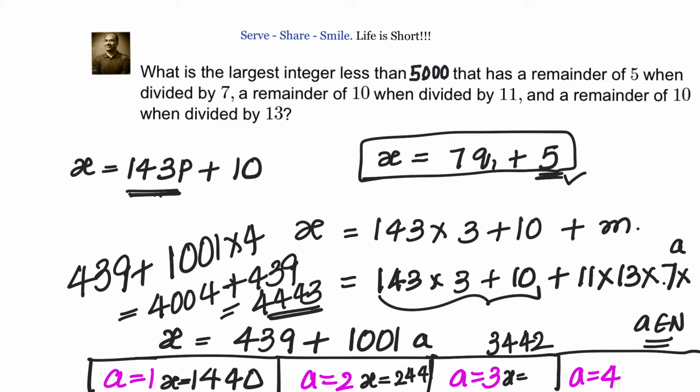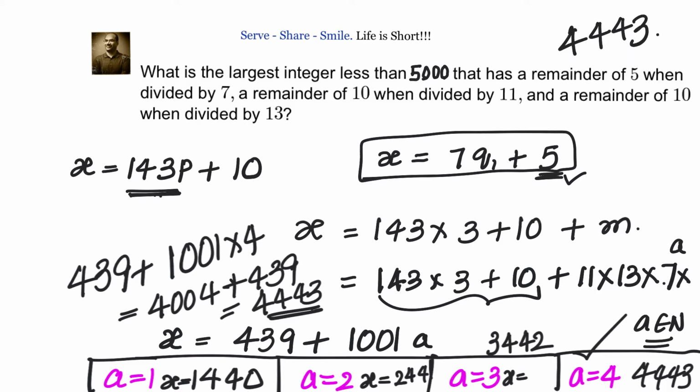Now if I substitute a equals 5, the number will be crossing 5000. So the largest integer less than 5000, which has a remainder of 5 when divided by 7, a remainder of 10 when divided by 11, and a remainder of 10 when divided by 13, is